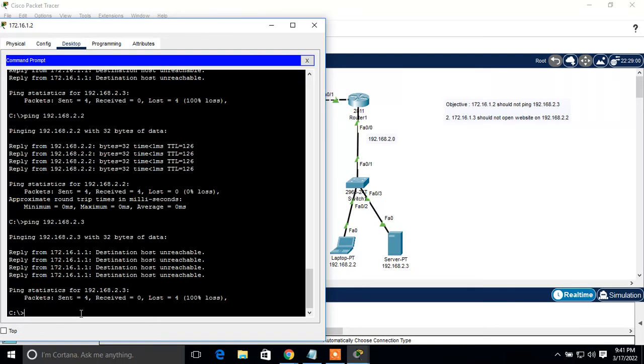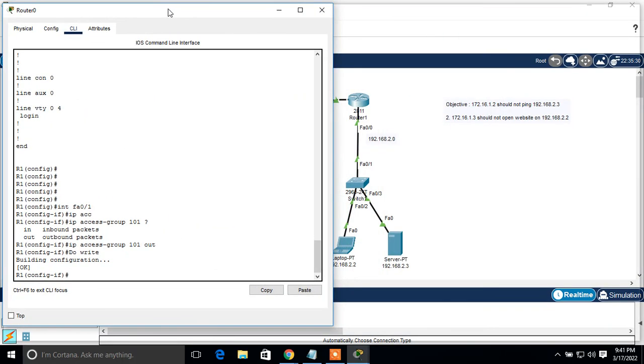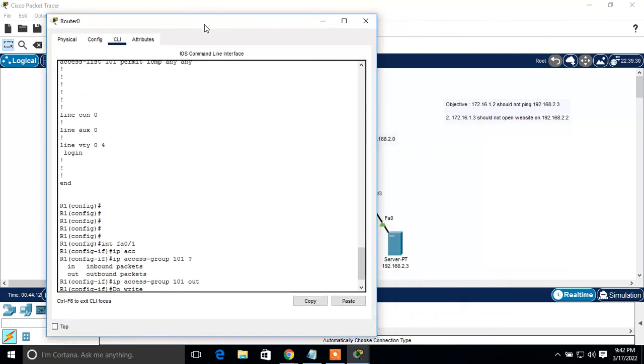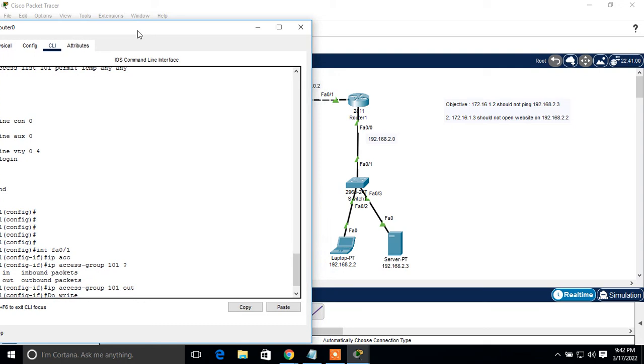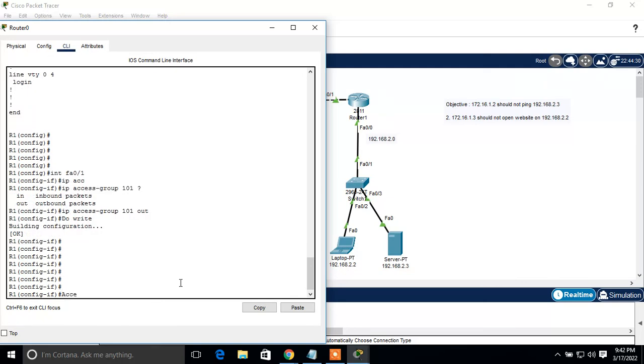Right? So in the same way we can create the ACL for HTTP also, right? If you want, I can just show you now how we can create it. So the same thing we are going to do here again. I'm just putting it here so that you can see the IP clearly. Right, this is fine now. So we are going to create the access list 101,